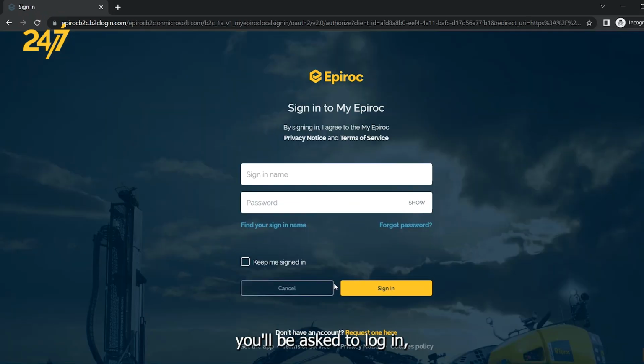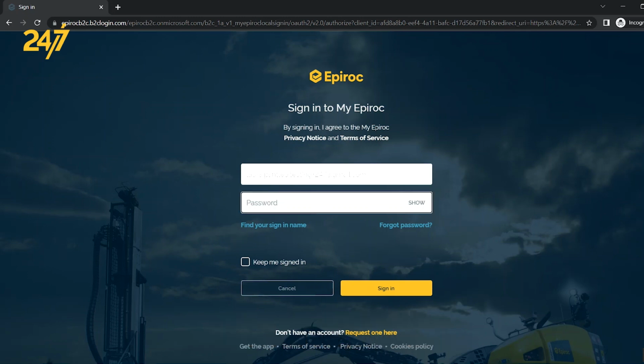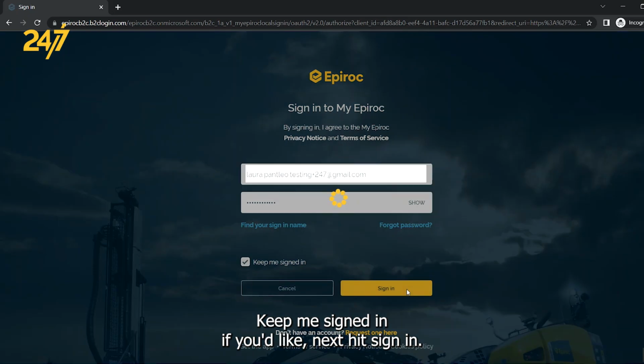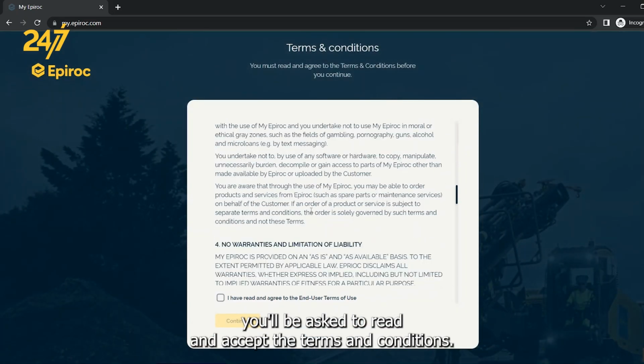After creating your account, you'll be asked to log in. Log in using the email address that the invitation was sent to, and the password that you just created. You can select Keep Me Signed In if you'd like. Next, hit Sign In. As this is your first time signing into My Epiroc, you'll be asked to read and